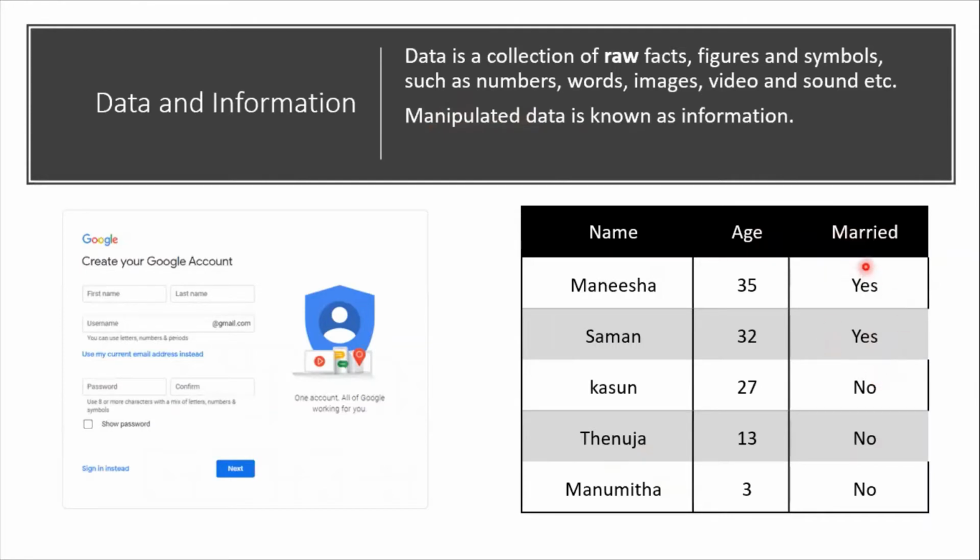This manipulated data: yes, this person is married and this person is also married. Then your brain finds the name. It manipulates again: yes, married, and what's the name? Now you can realize that data is just a raw fact. It's just a set of numbers, a set of characters. But to get a meaning,